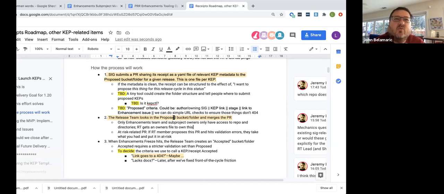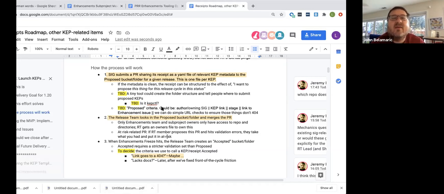So what you're saying now is you run a tool, and I know you said it creates the directory structure. Does it create proposed YAMLs for every issue, or are they empty? It's empty, yeah.